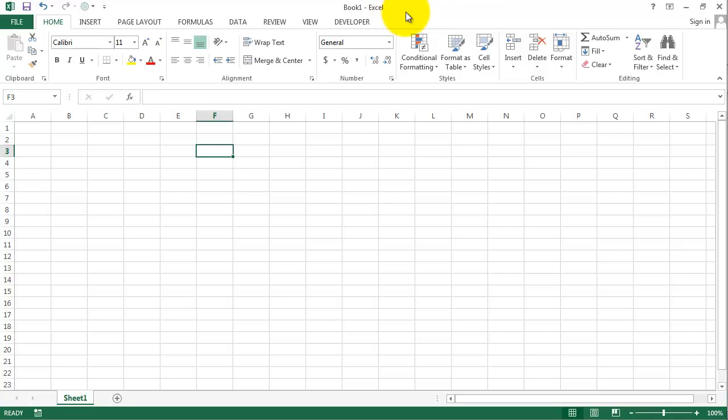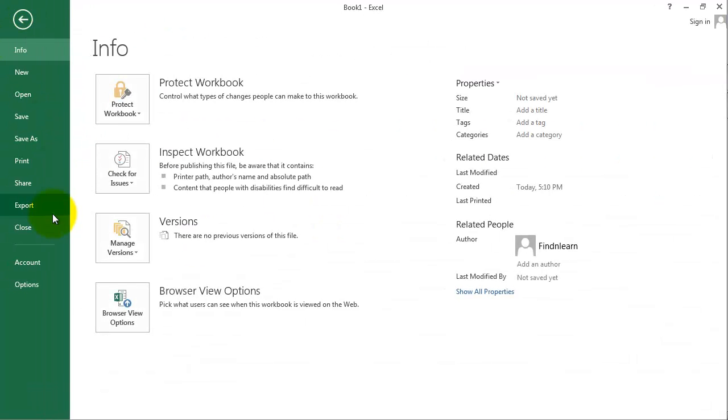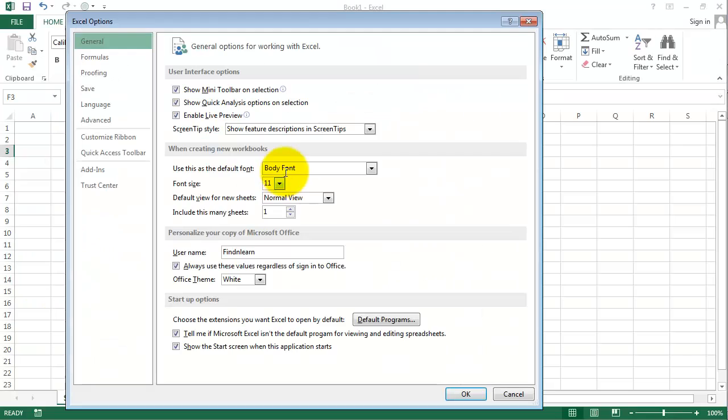Welcome to our module 1 in intermediate Excel. In this video exercise we'll see how you can customize your Excel. Now if you go on file, you have different options there. We'll choose options and then you will see Excel options, and it will give you all the customization you have